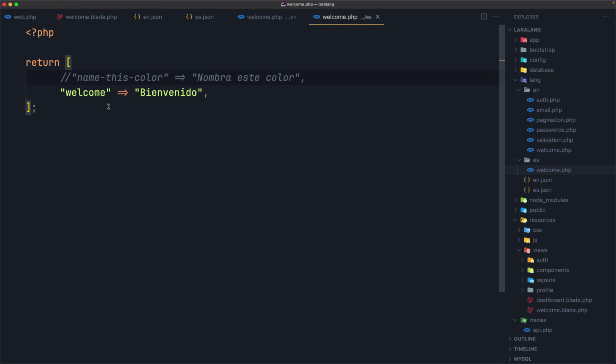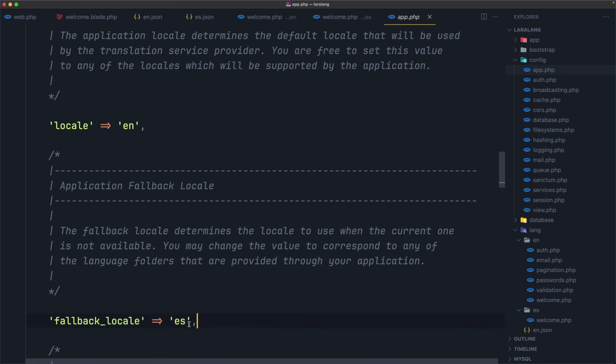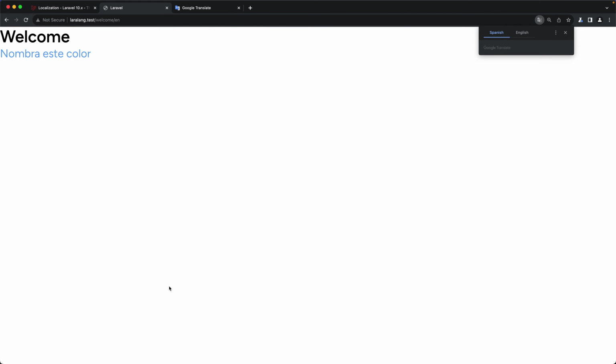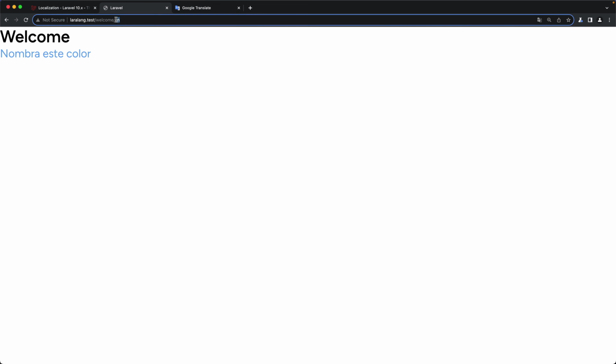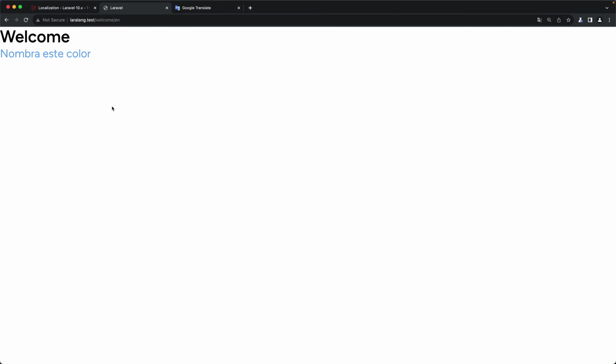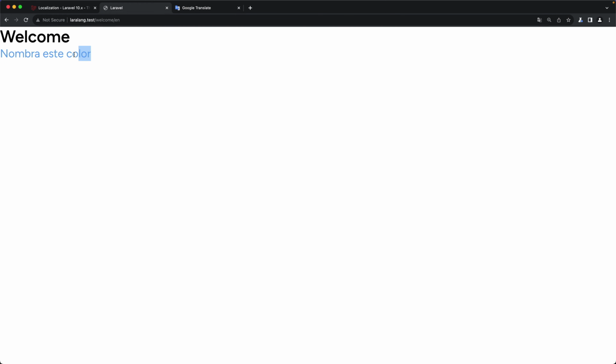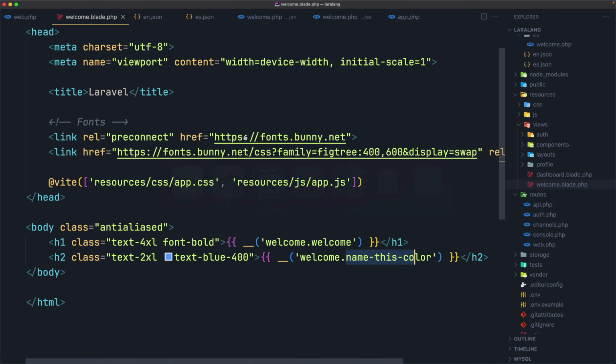And I'm going to add it in the ES. Now the ES, the Spanish, is in the, oh yeah, we need to open the config again. App.php is a fallback. Okay. As you can see, we are in /en, but instead of the hard-coded welcome.name-this-color, it is showing us the translated Spanish text, okay? Because Spanish is the